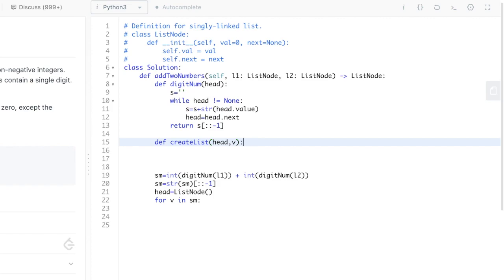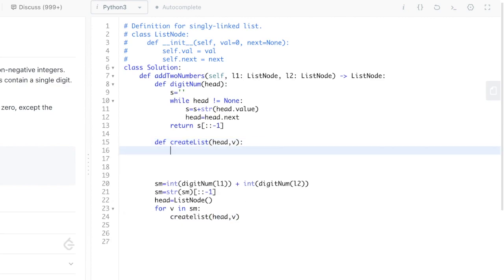Now let us call that function, create list, and pass the value like head node, the empty head node, and the current character value v. So this is the simple creation of a linked list. So now we got the value head node and one v.